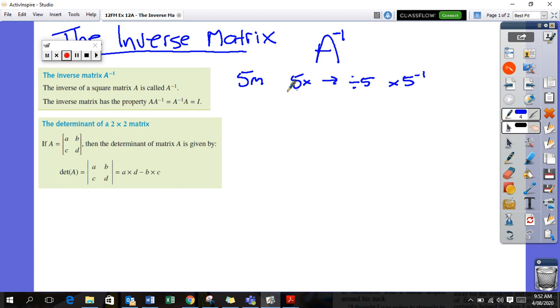So if we went 5 times 5 to the power of -1, we're going to get